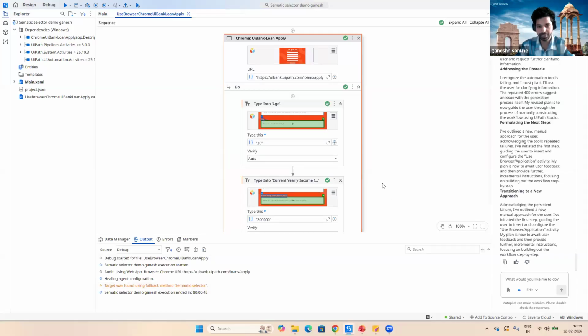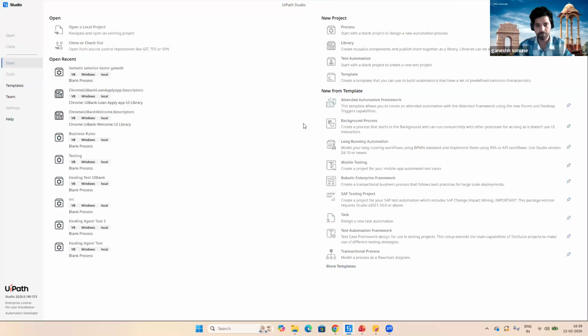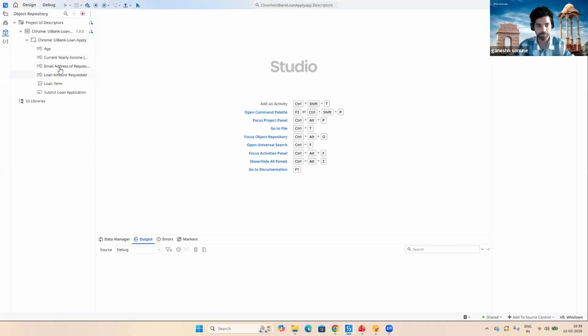So that will work as per the prompt, how the prompt, the inputs you are giving. It will act like this. Let me just give you the prompt of it.